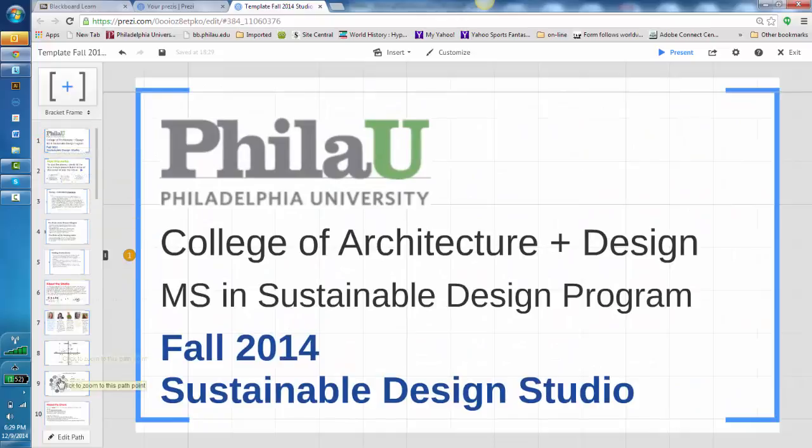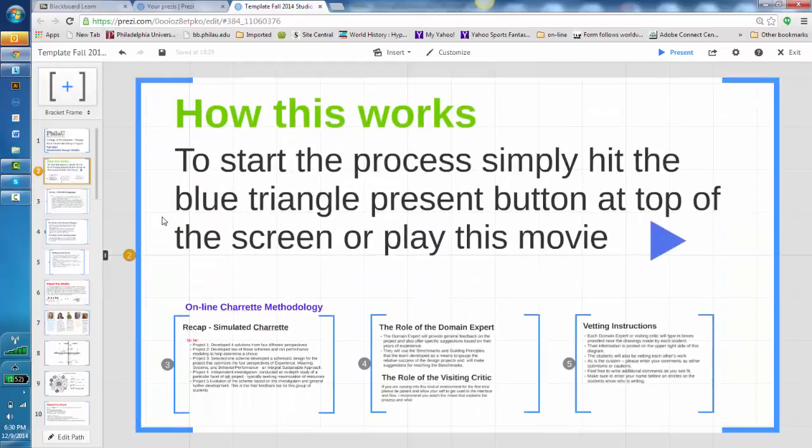If you'll notice over here on the left, this is like a PowerPoint slideshow. So if you ever want to just move through this linearly, you can, which is what I'm going to do right now and take you through some of the information. And when you actually get into this, there'll be a movie sitting right here. This is the movie I'm making right now.